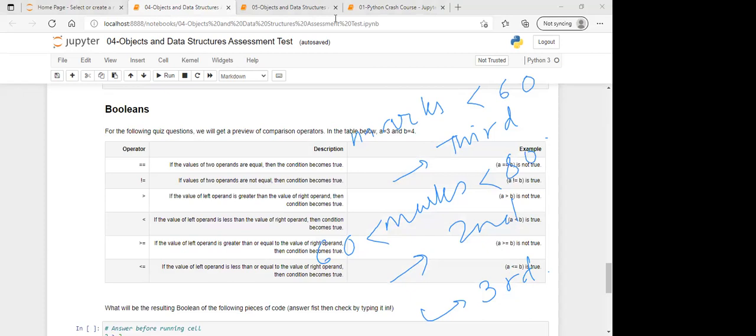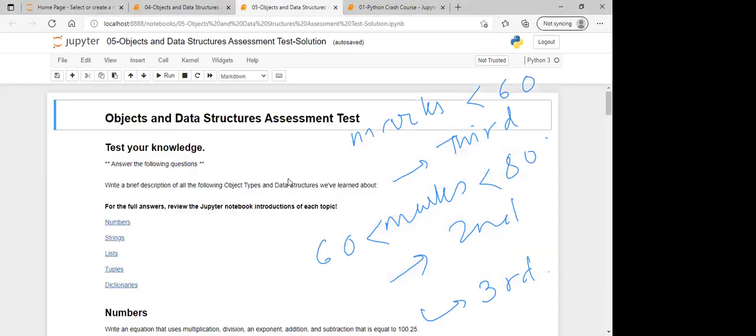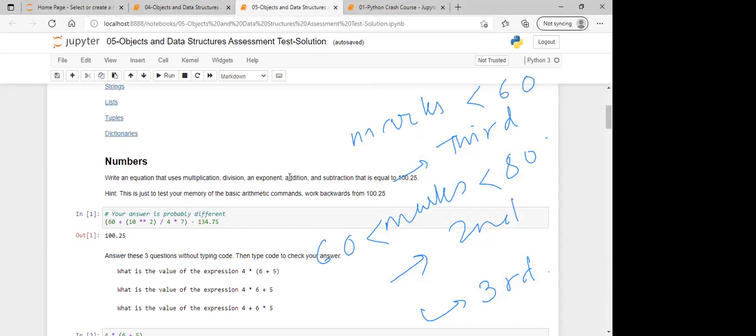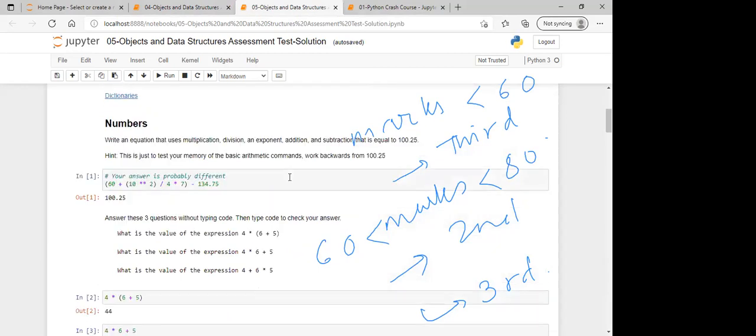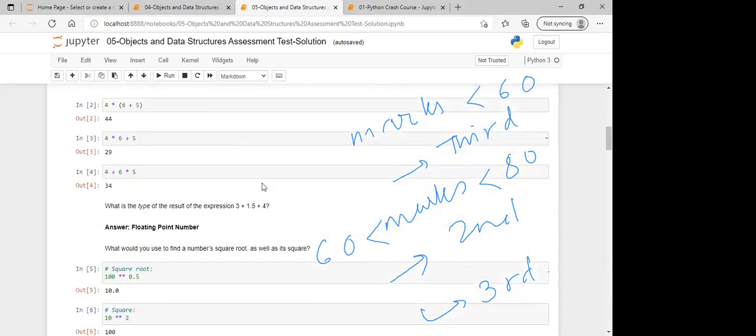Now you open number 5, the next one. So there you can see the blanks are filled with the correct answers. So you can try with the exercise file and check your answer in the solution file. That will be the best way.